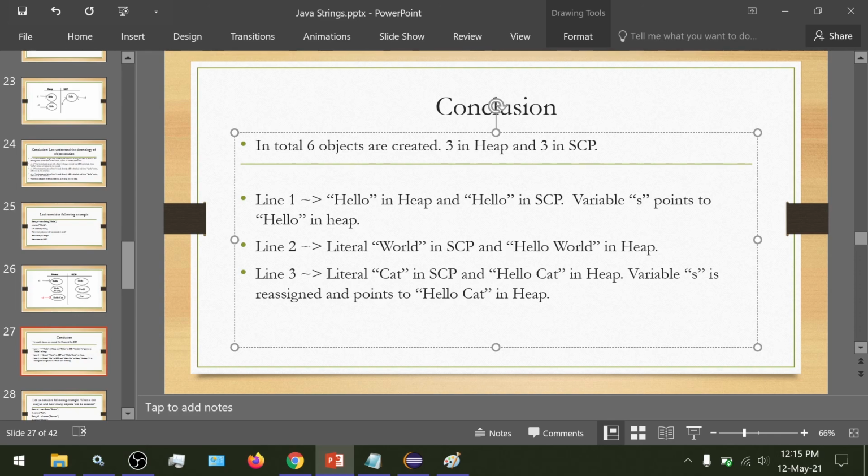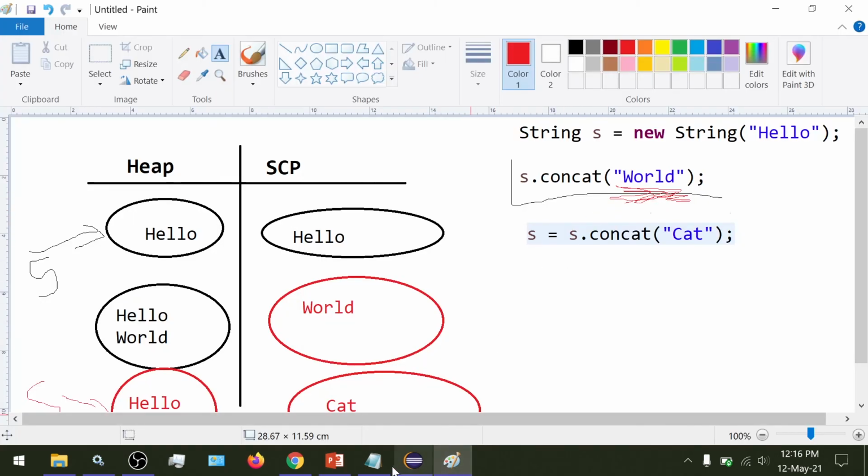Then after line 3, the literal cat gets created in SCP, the object hello cat gets created inside the heap, and variable s is now reassigned and points to the hello cat in heap. So that's what we saw.